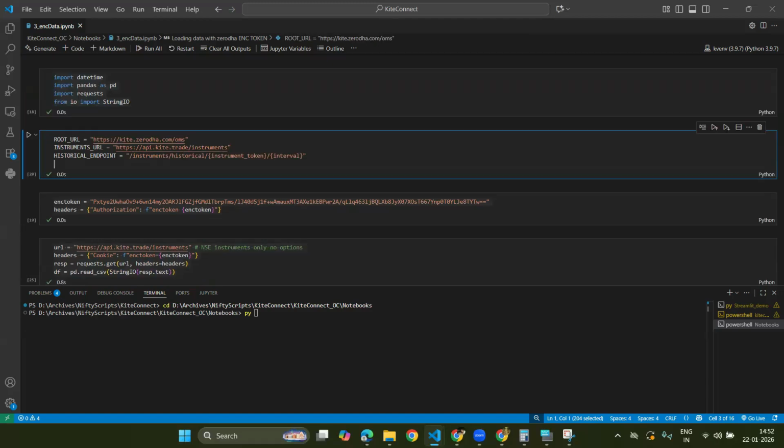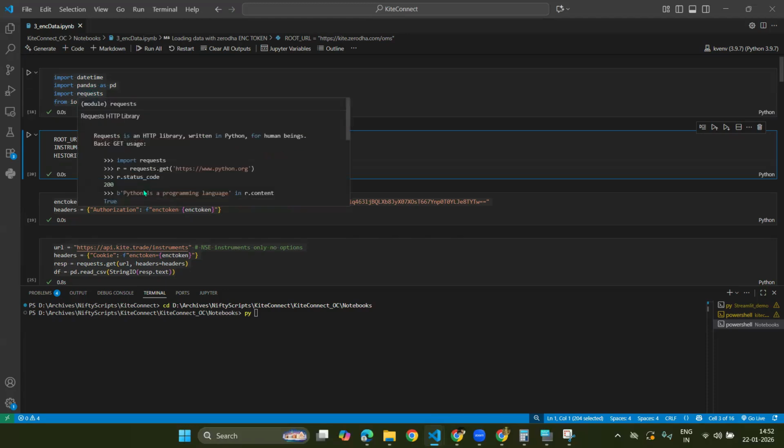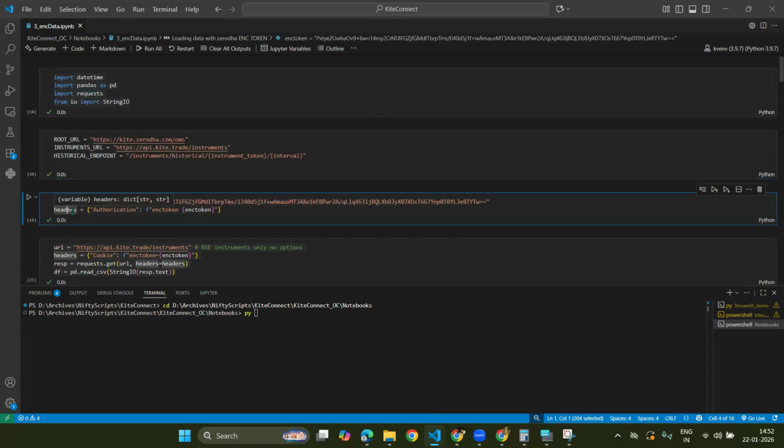We'll first authenticate with Zerodha Kite using an encrypted token, then download the instrument master data file, then identify the instrument token for the stocks or the index which we want. And last will be to fetch historical open, high, low, close candle data for that instrument. So we start by defining the libraries, and then we define the encrypted token which acts as our authentication credential